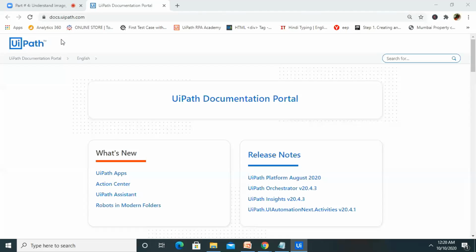So once the execution is completed, we will get the UiPath documentation portal text available in the message box, and the same position is also there. So let's wait for the execution.